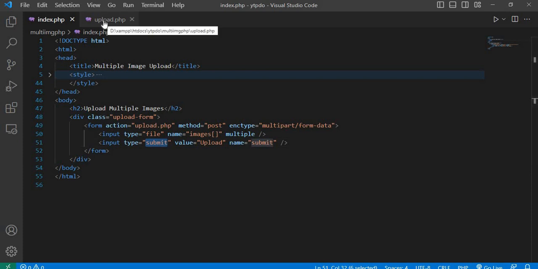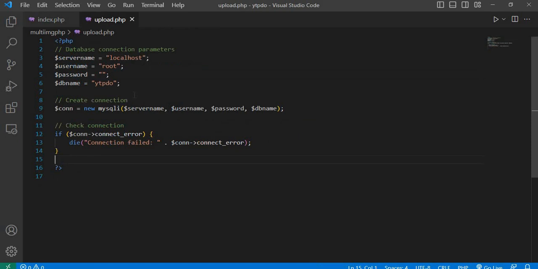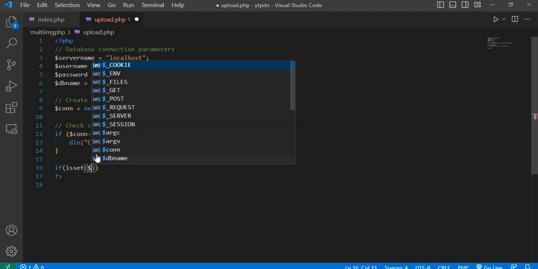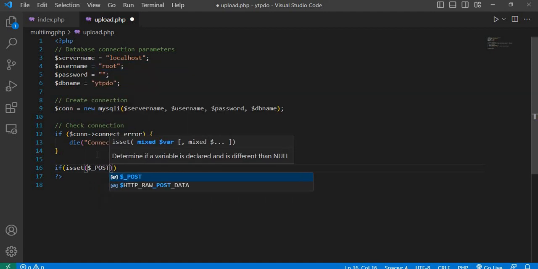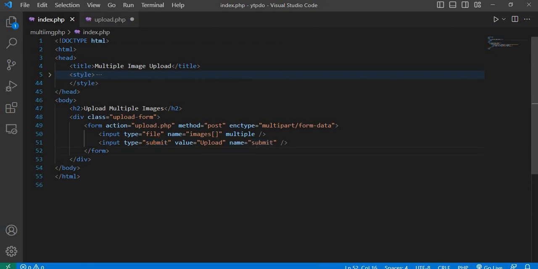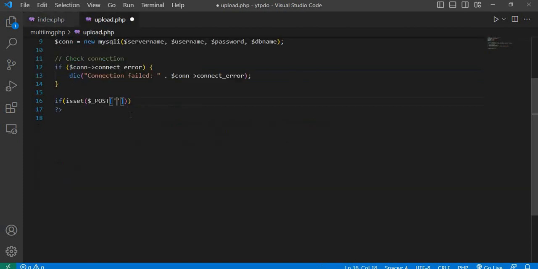Now go to upload.php. Here I only connect my database. Now write the code to insert multiple images in the database. Write if isset $_POST square bracket, single quotation, and here pass the name of the submit button. Copy the name and pass it here,